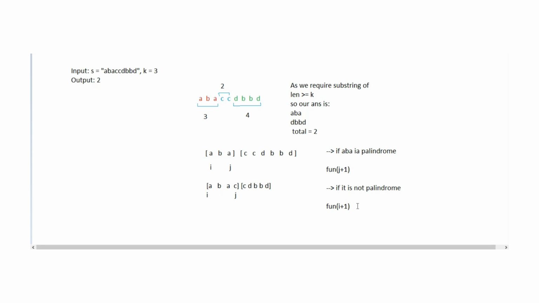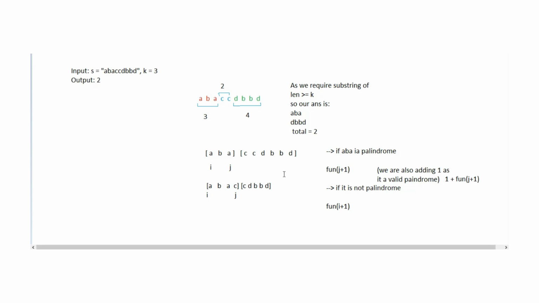Here I have written the recursive function. It is a very small one, but you can understand it. Here we check whether ABA is a palindrome or not. As it is a palindrome, we need to increment J, so we increase our window and check in that window whether the string is a palindrome or not, and increment our counter. And we increment I if the string is not a palindrome, because there is no chance of getting a palindrome in that substring.